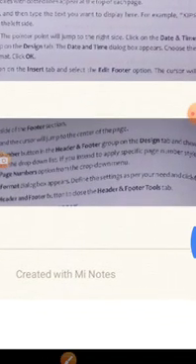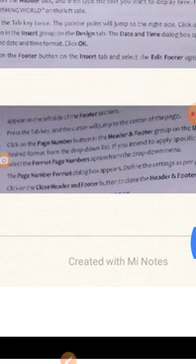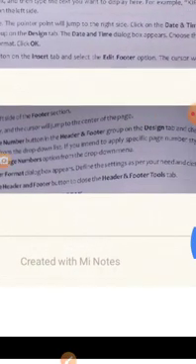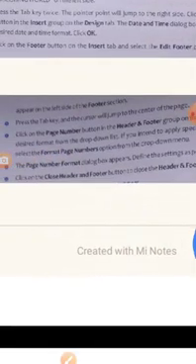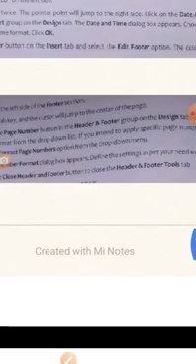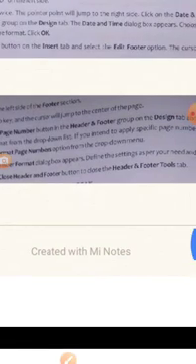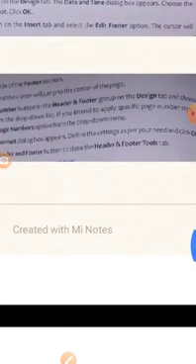If she intends to apply a specific page number style, then she would select the format page numbers option from the drop down menu. Then the next step is the page number format dialog box appears. Then she has to define the settings as per her need and click OK. Click on the close header and footer button to close the header and footer tools tab.